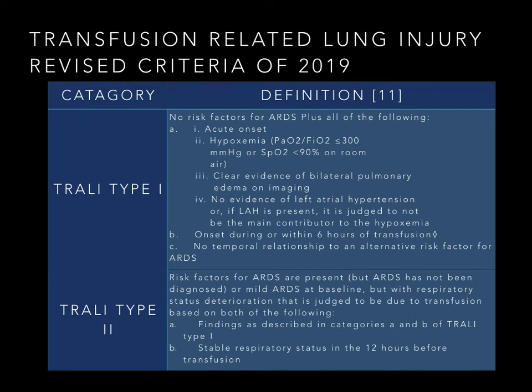They divided it into 2 types, type 1 and type 2. Type 1 is when there are no risk factors for ARDS plus acute onset hypoxemia with SpO2 less than 90% on room air, clear evidence of bilateral pulmonary edema on imaging, no evidence of left atrial hypertension, or if left atrial hypertension is present, it's judged not to be the main contributor to the hypoxemia. The onset is during or within 6 hours of the transfusion, and there is no temporal relationship to an alternative